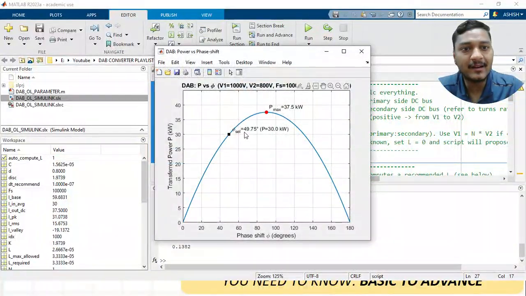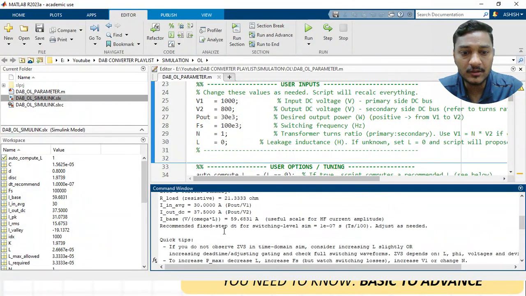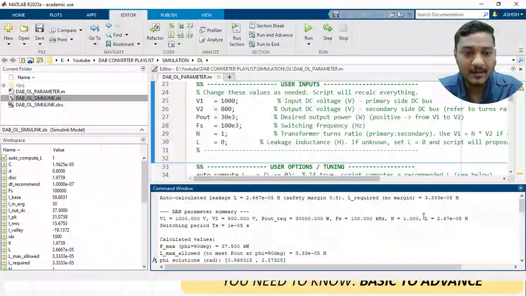So you can see that again at del equal to 49.75, I am getting the maximum power. That means my ratio constant has not changed. So what value has changed? I have changed the value of V1. So what other parameter has changed? You can see here my L value is now changed. So only by changing the L value, whether I can reach the 1000 volt or not, that we will see